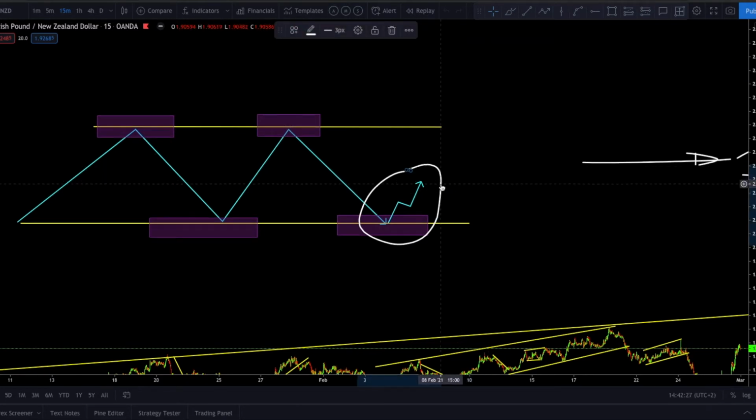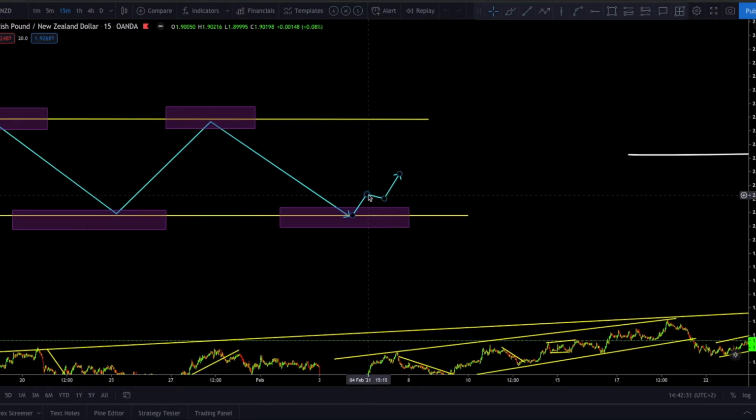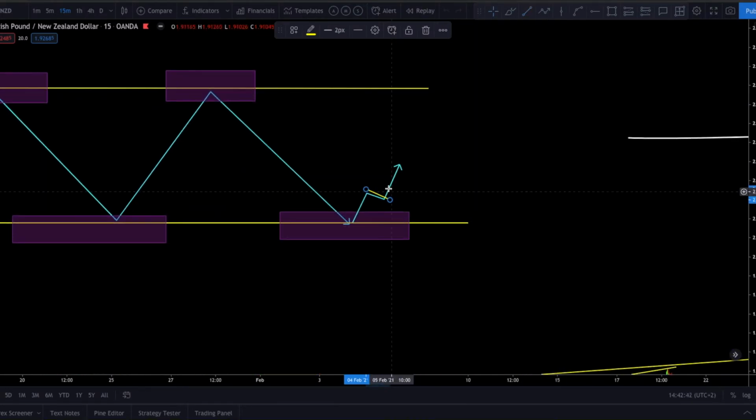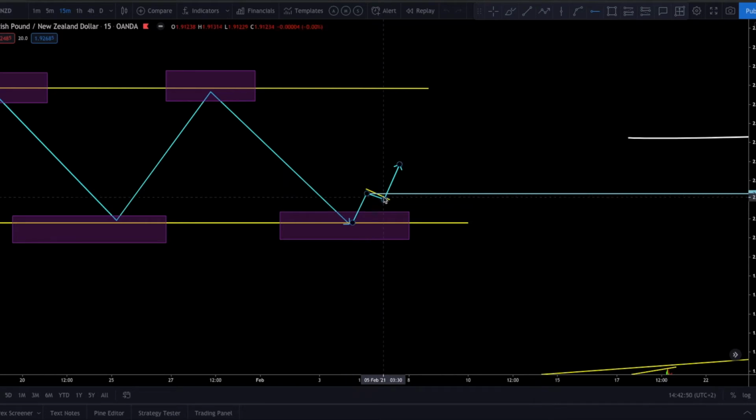On 1 minute you get the first impulsive move, and then once you get the correction, you'll put your first entry after the break of the trend line. So once it breaks the trend line, it will take you in. And how long are you supposed to be on the trade? You're supposed to stay on the trade